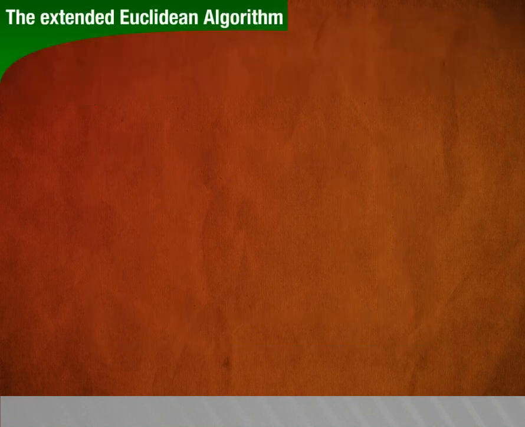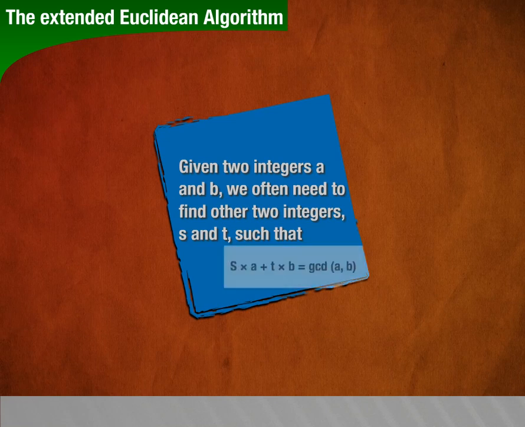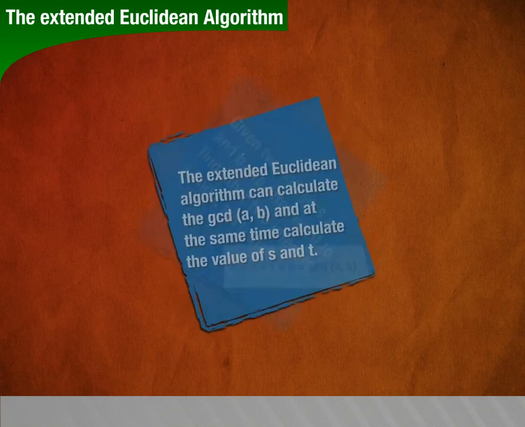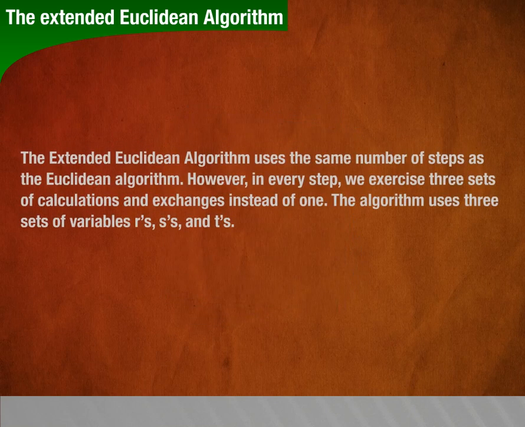The extended Euclidean algorithm. Given two integers a and b, we often need to find two other integers s and t such that s times a plus t times b is equal to GCD(a, b). The extended Euclidean algorithm can calculate the GCD of a and b and at the same time calculate the values of s and t. The extended Euclidean algorithm uses the same number of steps as the Euclidean algorithm. However, in every step, we perform 3 sets of calculations and exchanges instead of 1. The algorithm uses 3 sets of variables,